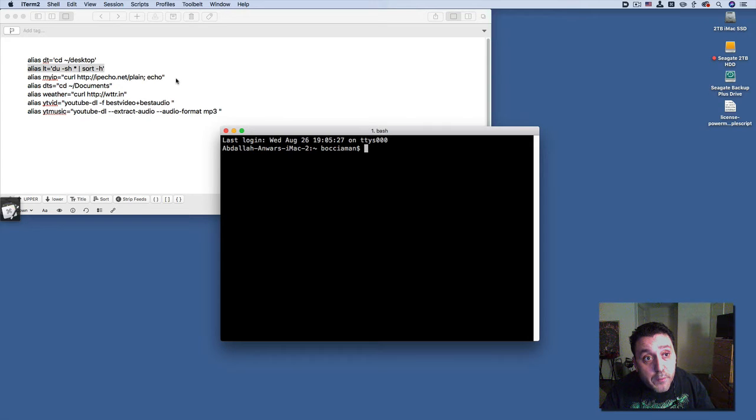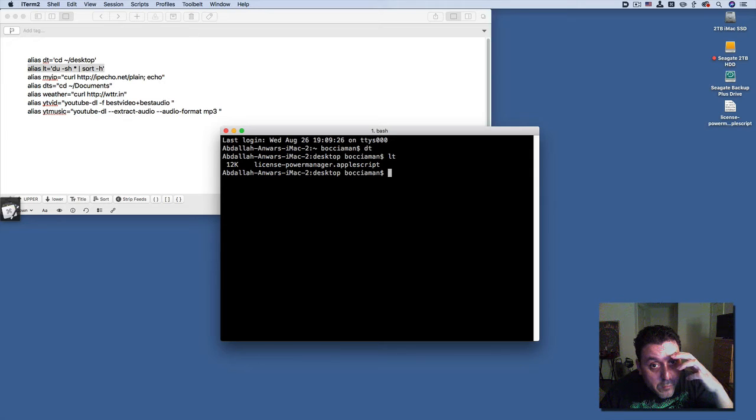Now you can do LT, and here it is. It gives you just the size of the file, which is 12 kilobytes, and then